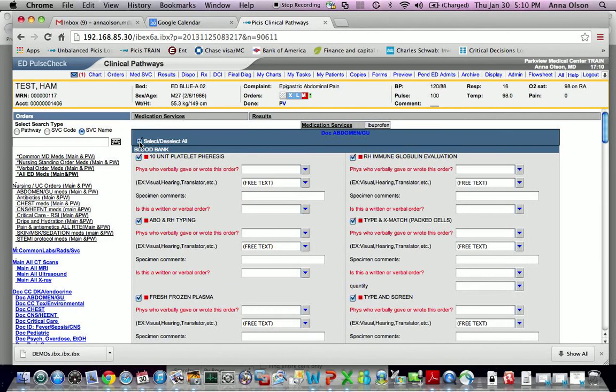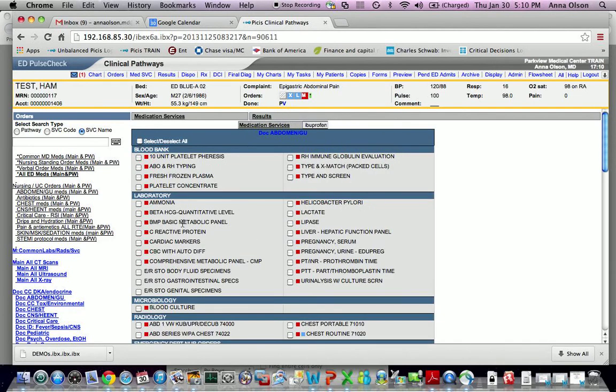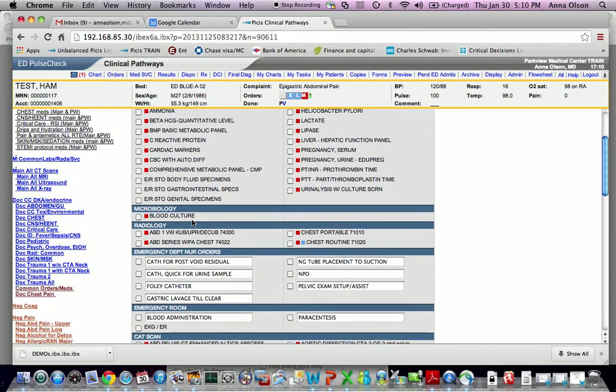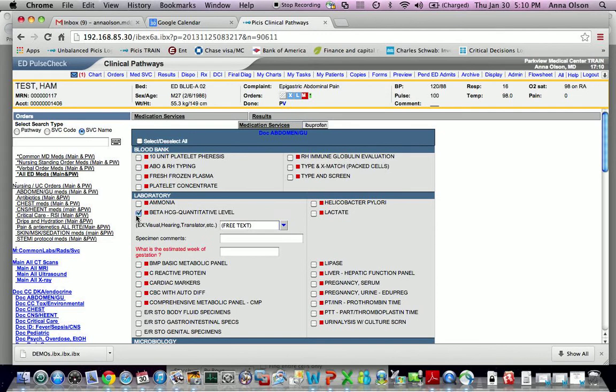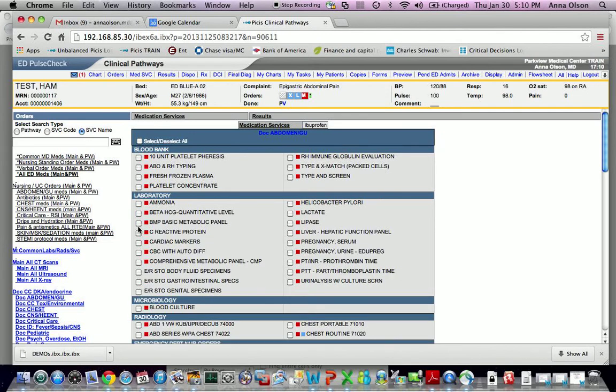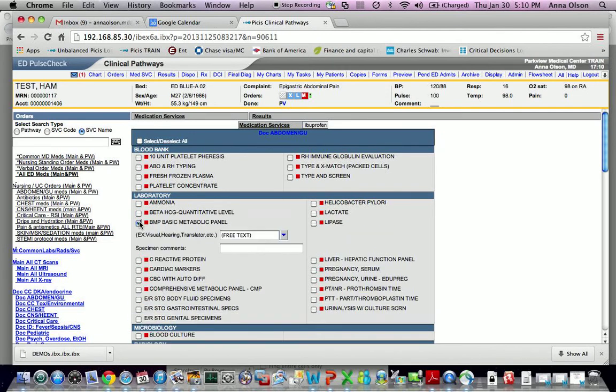This button sometimes gets clicked. You typically don't want everything because, for instance, you'll get a basic metabolic and a complete metabolic and multiple kinds of pregnancy tests. So you want to just choose more judiciously than that. There's a third kind of pregnancy test. So you just choose what you want, and